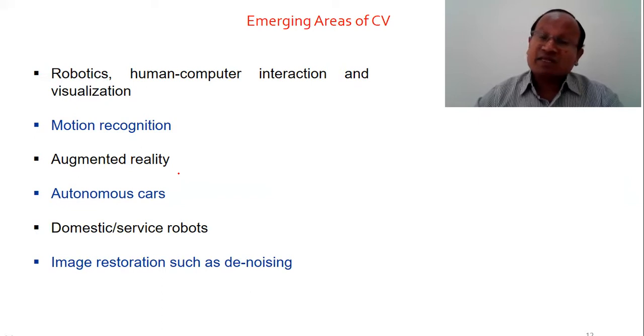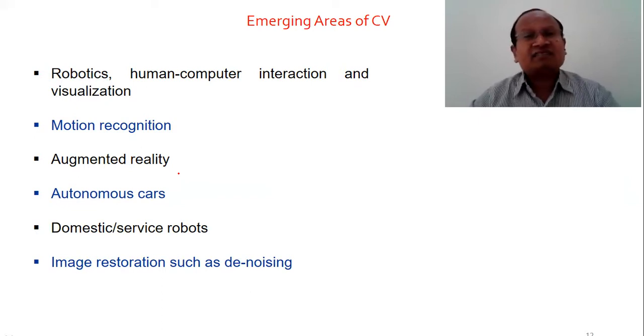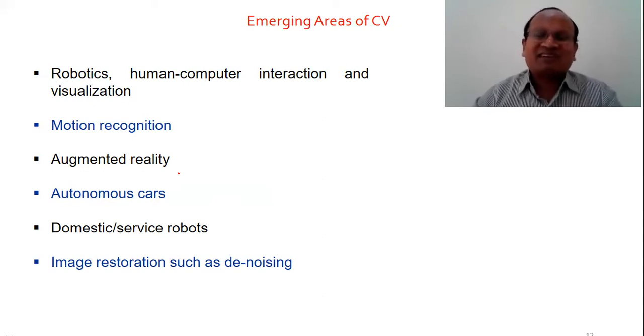Augmented reality, autonomous car, driverless car. The driverless car is a wonderful application of computer vision. How does a car, without any assistance of a driver, drive on the road smoothly, and that too with a good speed, without averting the accidents and crashes?